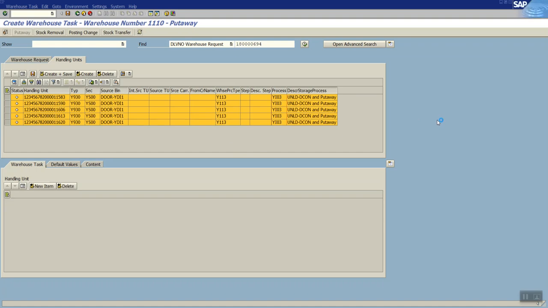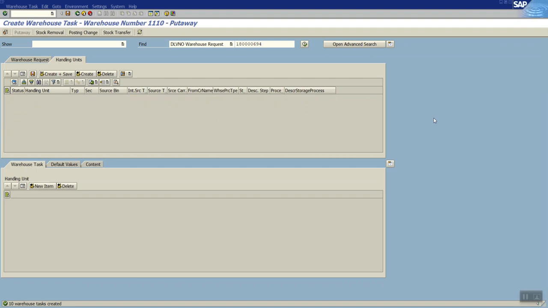We can see at the bottom how many warehouse tasks will be created in this case. For each handling unit, there should be one warehouse task created. That makes sense because in reality, all these handling units will be processed using an RF device. For each handling unit, they will scan and receive it. We can see 10 warehouse tasks created.